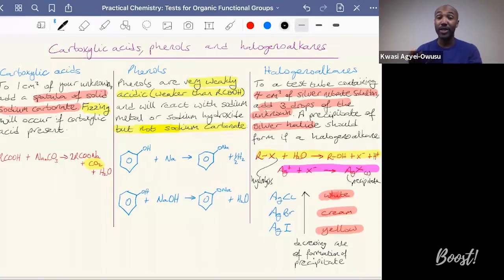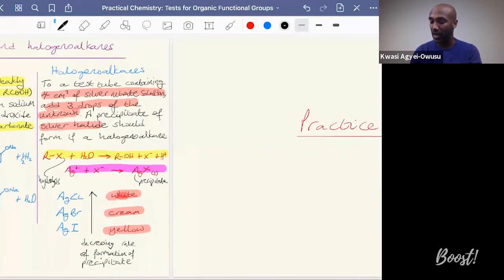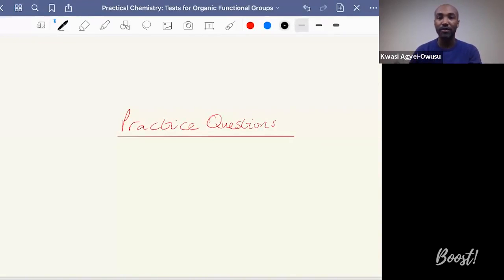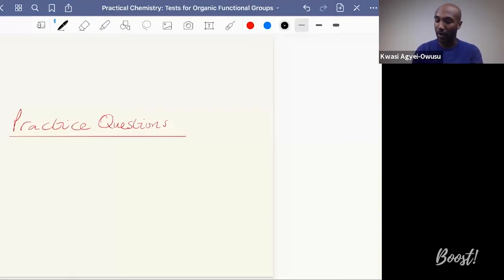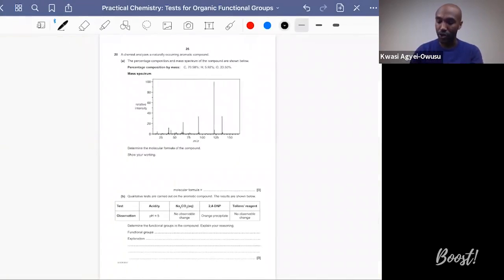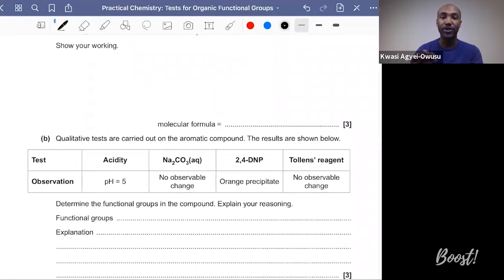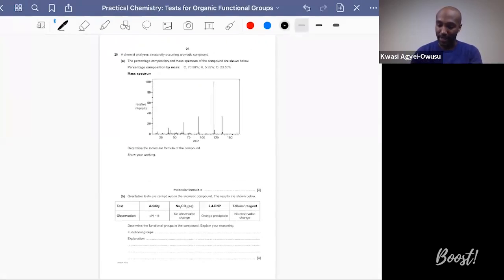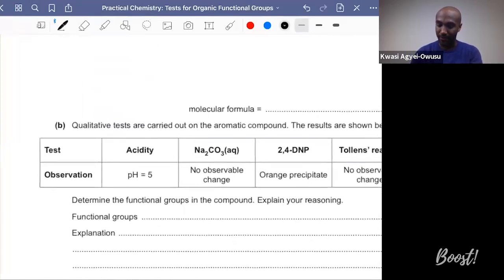And the next thing to do is to bring everything we've looked at to answer some practice questions. I've picked a couple of exam questions from the A-level papers from 2017 and 2018, and we're looking at paper 2, both of which test your knowledge and understanding and ability to apply test tube reactions to identify organic functional groups. This question's from the 2017 paper, and we're looking at question 20, part B of 2017,